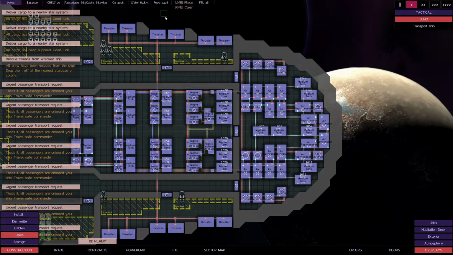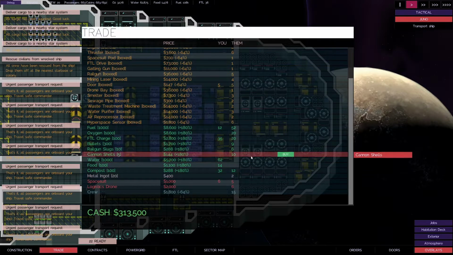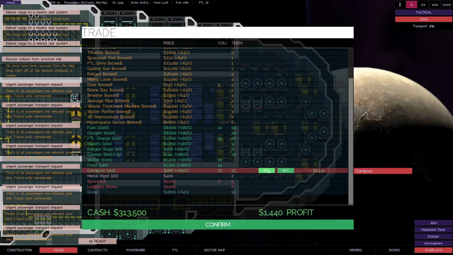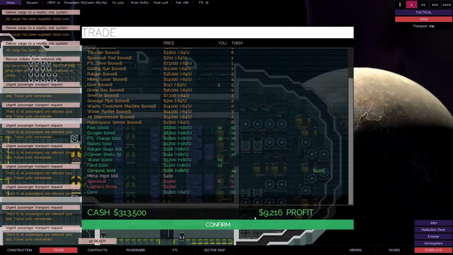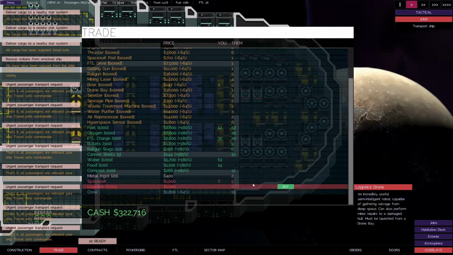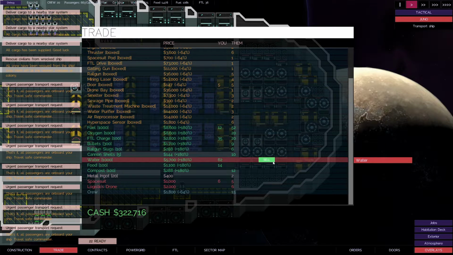Okay, water and food are just going to drop though, so trade. Can't buy any food here, that's unfortunate. We can sell this compost though, and get $5 out of it. Confirm. Can we get any water? Nope. Alright, so that's going to be a short